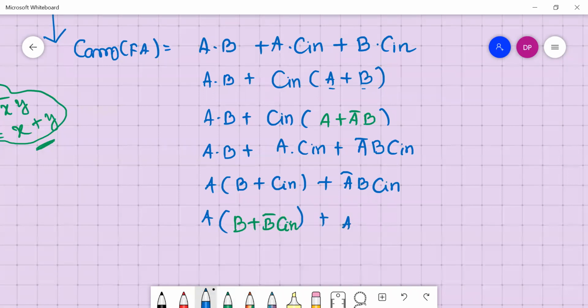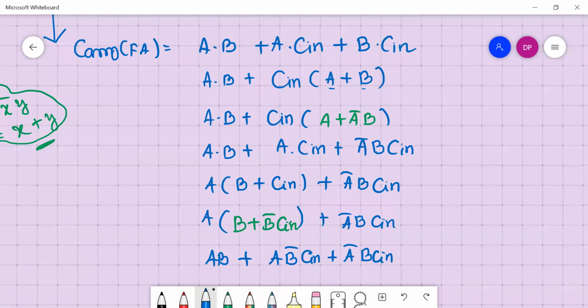Plus a complement b c in. So if you open the bracket, what will we get? This is AB plus AB complement c in plus a complement b c in.